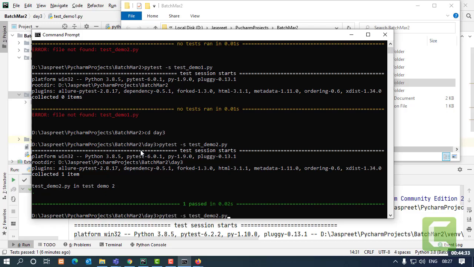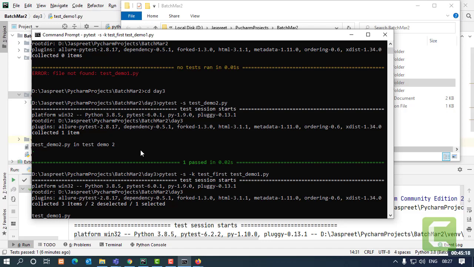Suppose from a file there are 100 test cases and you want to execute only one test case out of those 100. That is also possible. How? The marker will change. If there are some print statements, you can let the -s stay, and you have to add the marker -k for a single test case out of a file. So I'll say this, and I have to give the name of the test case which I want to run. So let's say I want to run this test case from this file.